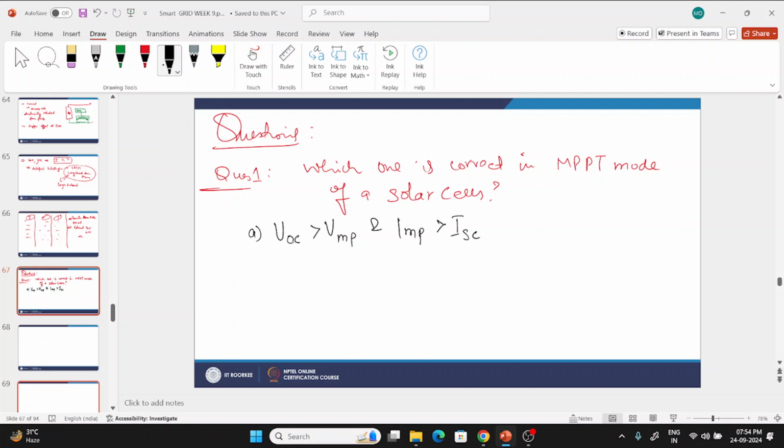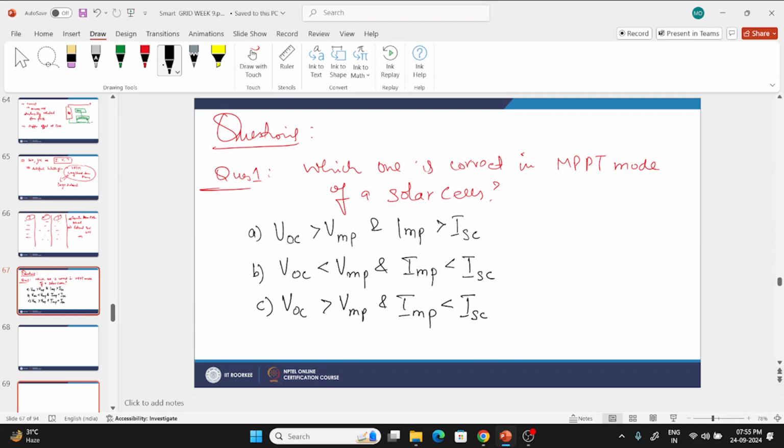Point at the maximum power point tracking mode. Okay. VOC, open circuit. B: VOC is less than VMP and IMP is less than ISC. C option है VOC greater than VMP, then IMP less than ISC. D option है VOC is less than VMP and IMP is greater than ISC. ओके, तो इसमें से करेक्ट आंसर बताइए क्या होगा।